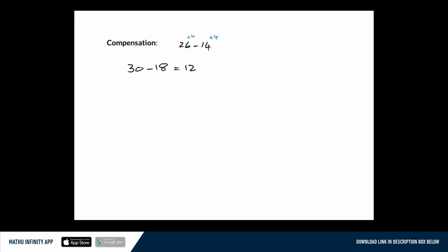Alternatively, if we wanted to, we could look at the second number. But then we could go, oh, well, let's make that into a 10. So we're going to go plus 6, and what you do to the first one, you've got to do to the second one. So that would then give me 32 minus 20, and once again, I can see that my answer would be 12. So that is how I would manipulate my original question by compensating values to work with